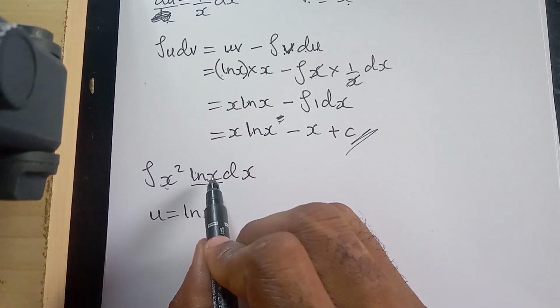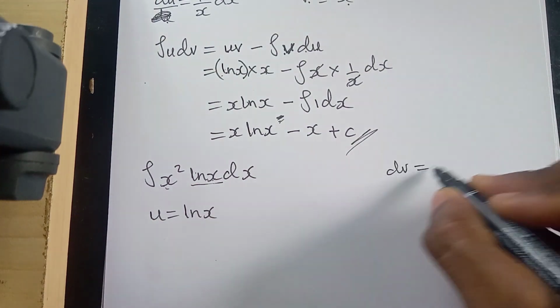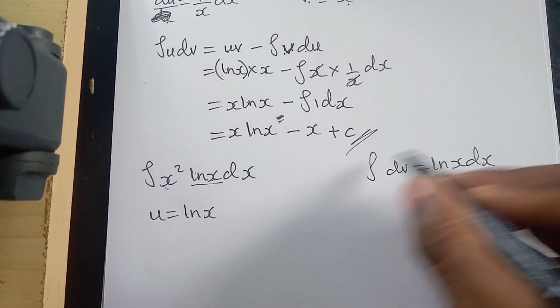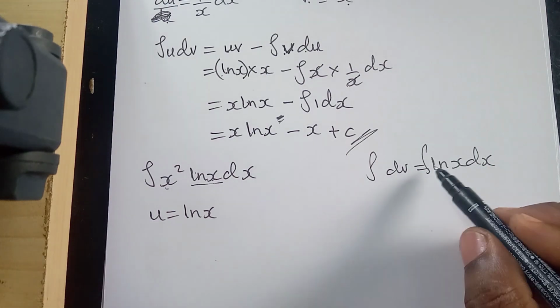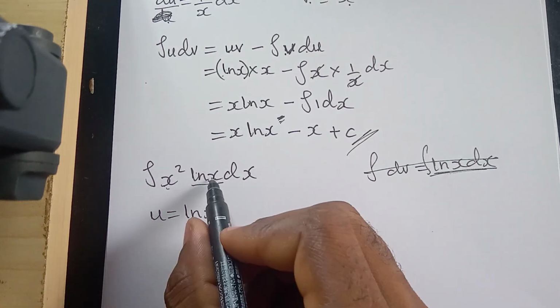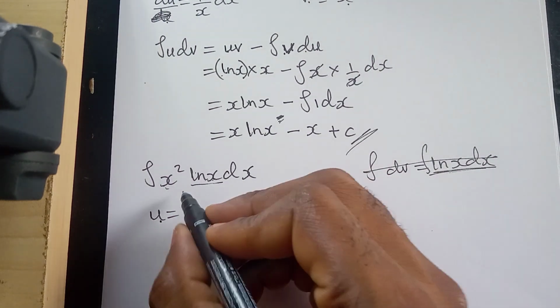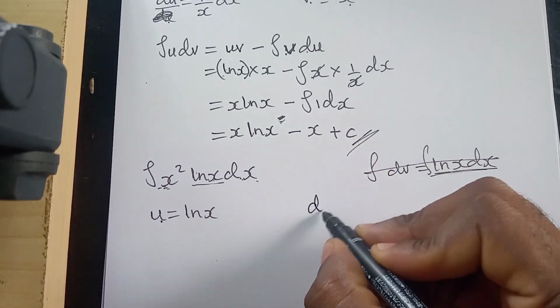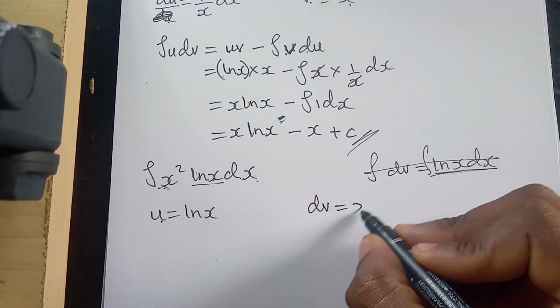So the moment you choose this to be your dv and try to integrate both sides, you realize that it will be very hard for you to integrate this. So it's better to let this be your u, and then everything else will be your dv. So we are remaining with x squared